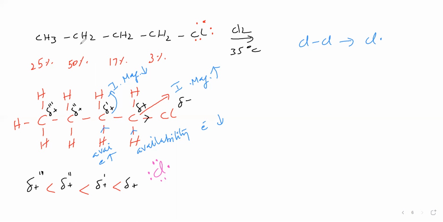Next we'll go for halogenation by taking some other halogenating agent. So far we have seen halogenation by taking halogen directly. Now we will go for halogenation by taking some other halogenating agent. What halogenating agent are we taking? Sulfuryl chloride. It is a halogenating agent. This formula is SO2Cl2. Sulfuryl chloride we are taking.